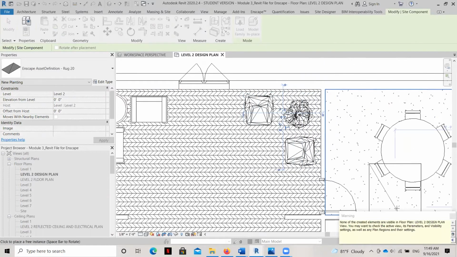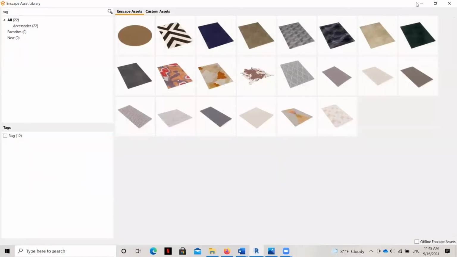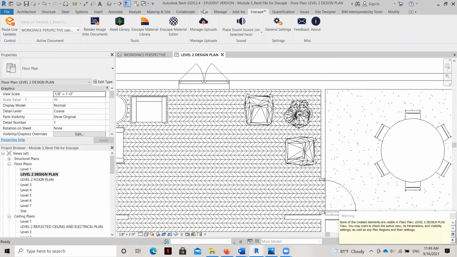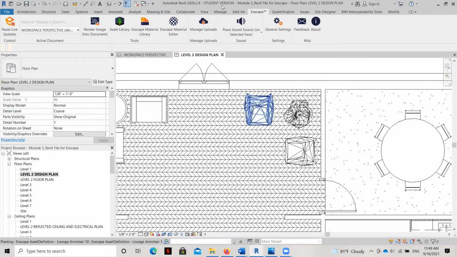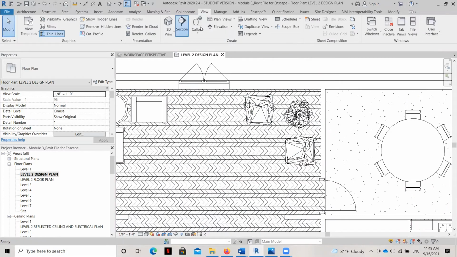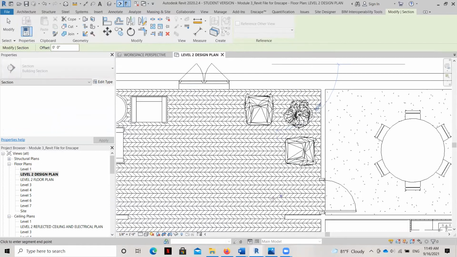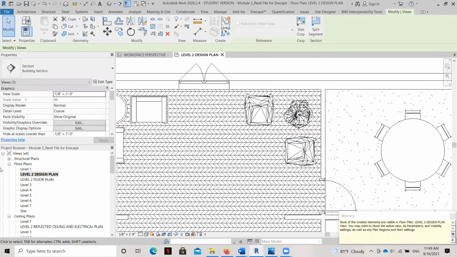So you can see it says none of them are visible in the floor plan. And that's because this rug, it looks like it was designed to host directly on a floor. And of course, I've got a layer on top of this because I've got wood. So just like we had to do in Revit when we were learning it, we need to move that rug up. The first thing I'm going to do is check and see if it's turned off, and it's not. So now all we have to do is go to view, create a section where we know our rug is, and then we're just going to move it up.